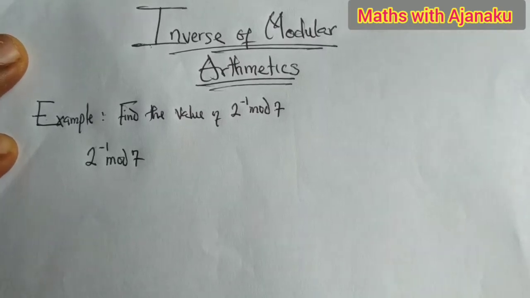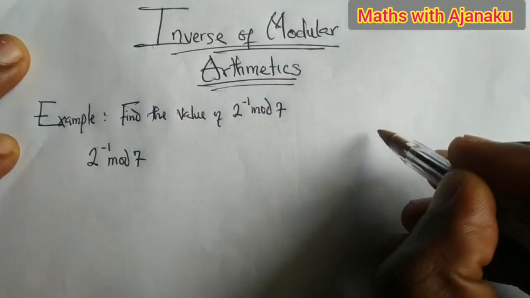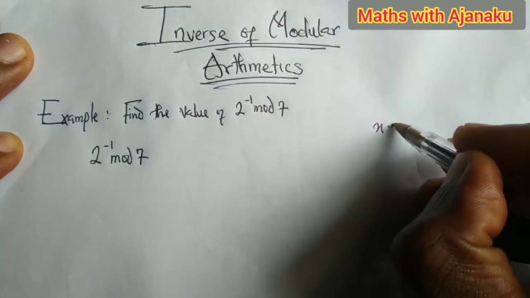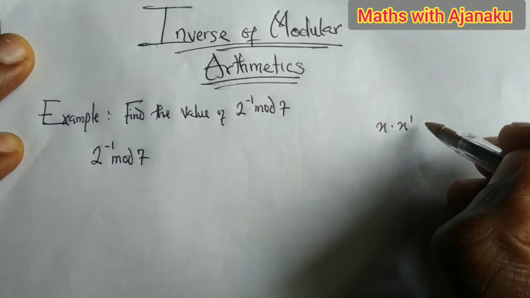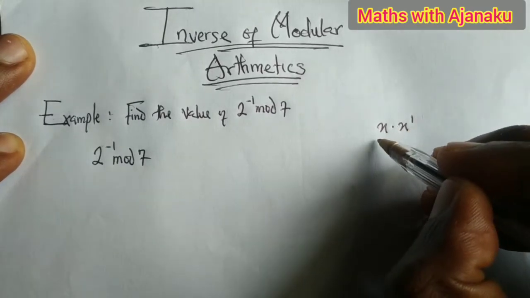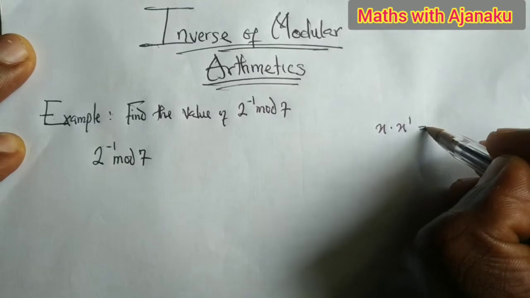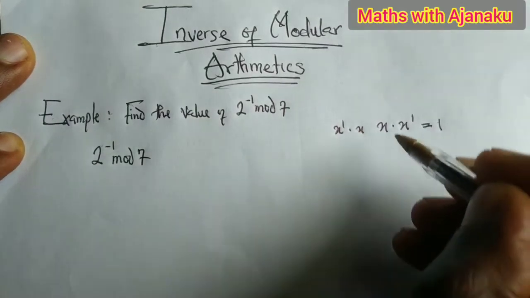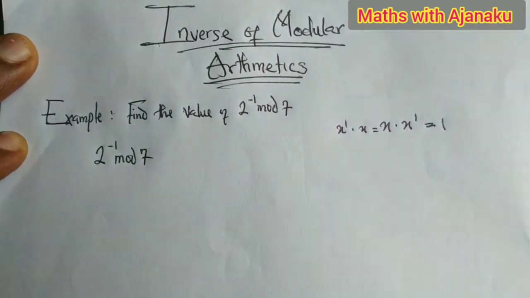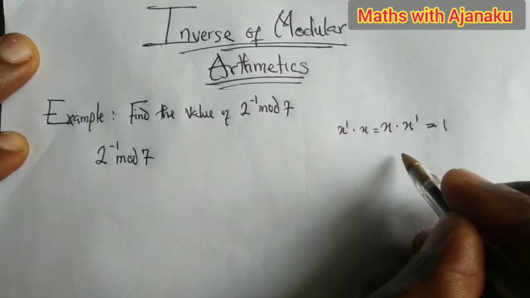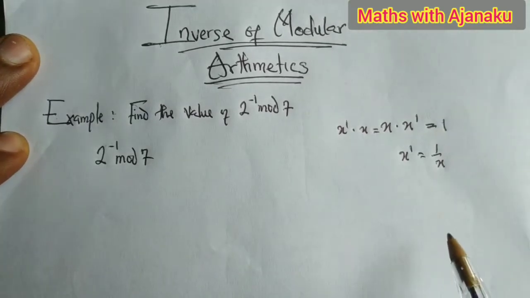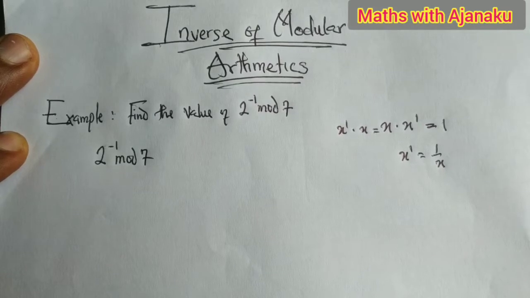It is important to note that the inverse of x is a number, say x prime, that multiplies x in both ways, whether x prime multiplies x or x multiplies it, and gives 1, meaning x prime multiplied by x gives 1. With this, if we are to find what this x prime is, it will be equal to 1 over x. And since in modular arithmetic we deal with integers, not fractions,